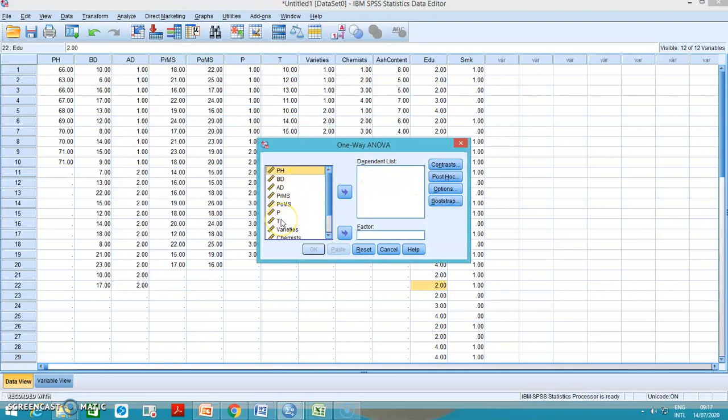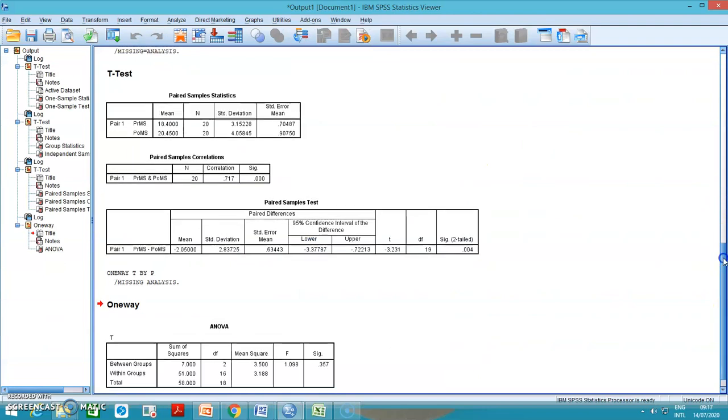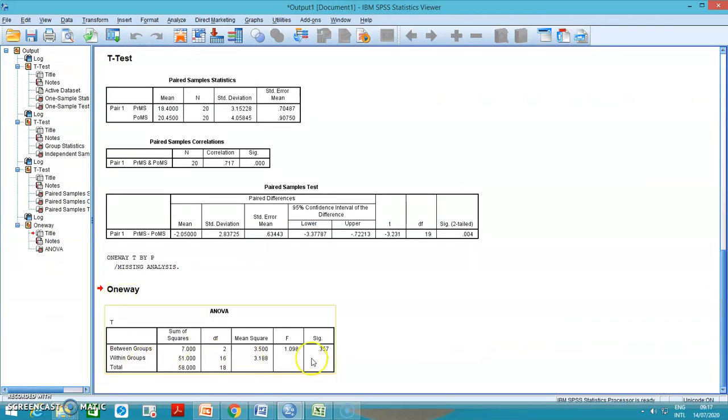You click OK, and an output is generated. This is the one-way analysis table. Here also we need to see the F-test, and it is not significant. So what we need to focus on is that this particular element is not significant, which means, in the hypothesis,